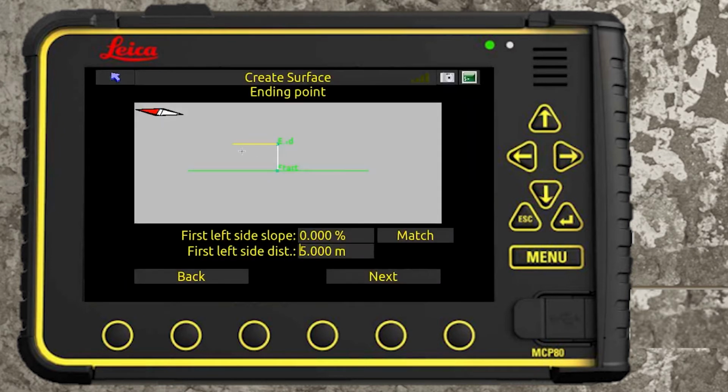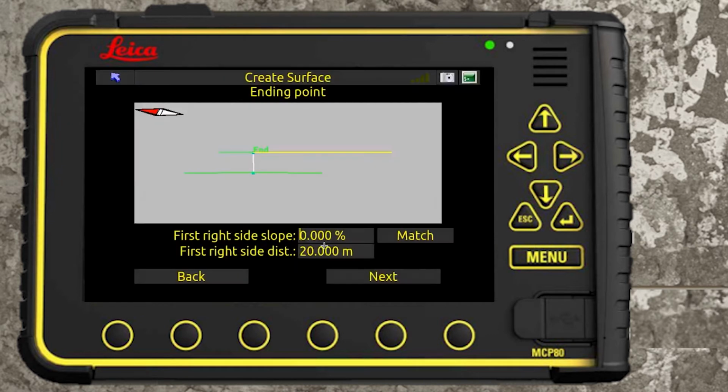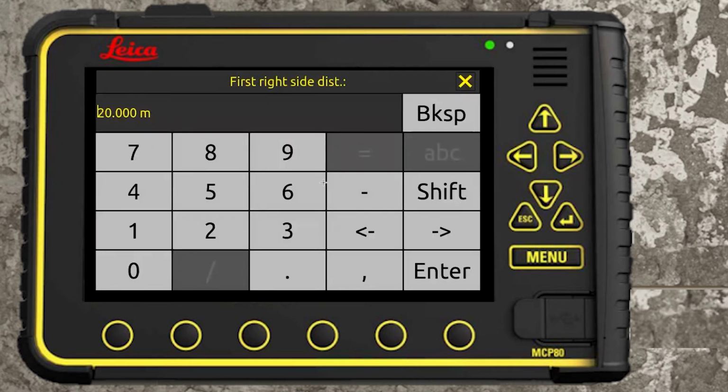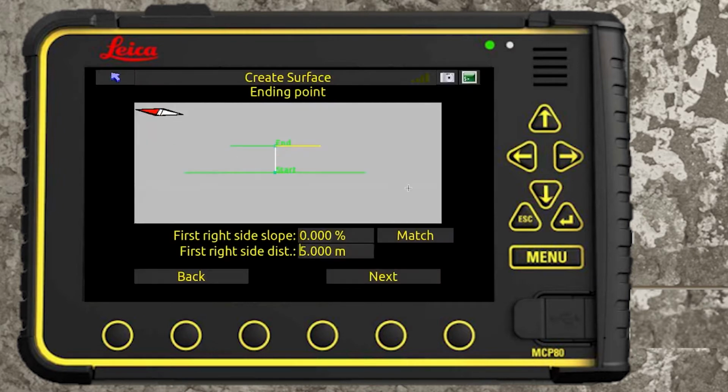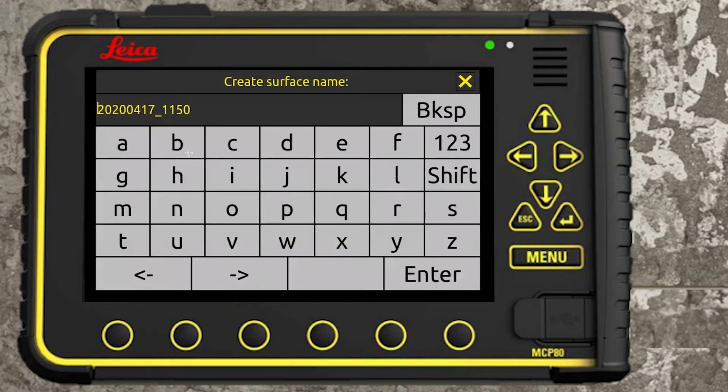So you can see what we're doing here now. So this is the start, that's 10 meters, 10 meters, that's 20 meters in total width at the start of it. Next, so then the right side again, we're going to do 0, we want it to be flat, and we're going to go 5 meters. So that's what we have here now. Go to next. So that's created a surface, let's say,